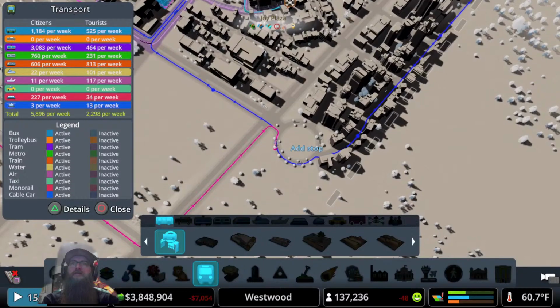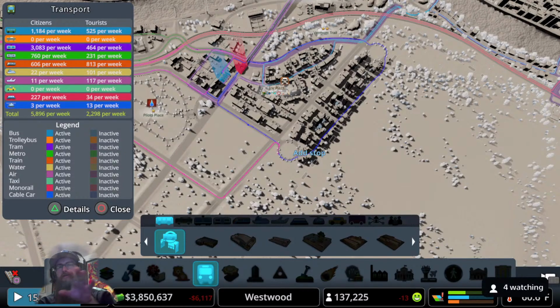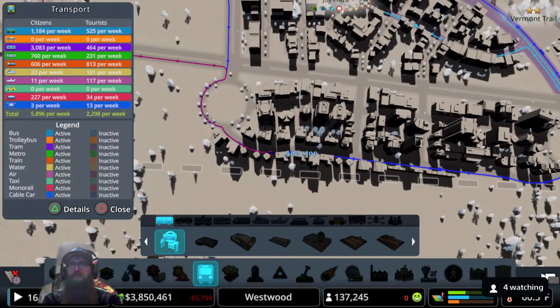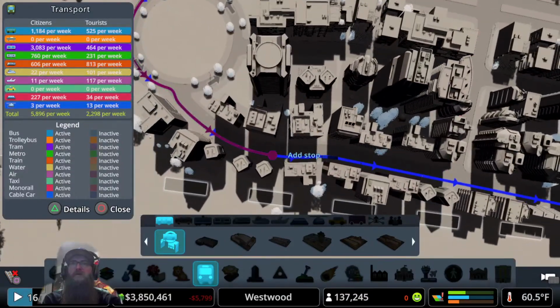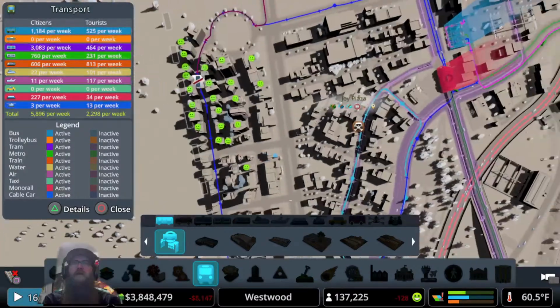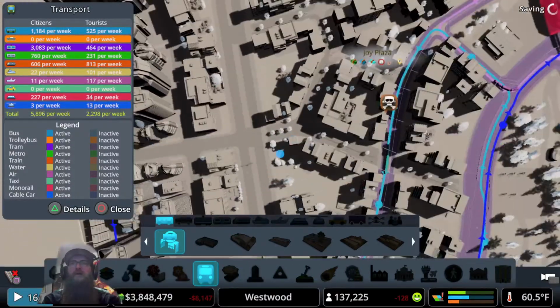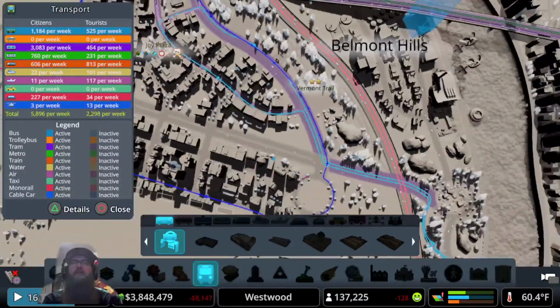So what I think I should do, I want to give people the ability to get from each of these little sections. I kind of want to come over here to this side, so I think what I'm going to do is add in a stop with that one, bring it across. This is all walking on the right side in Joy Plaza, so